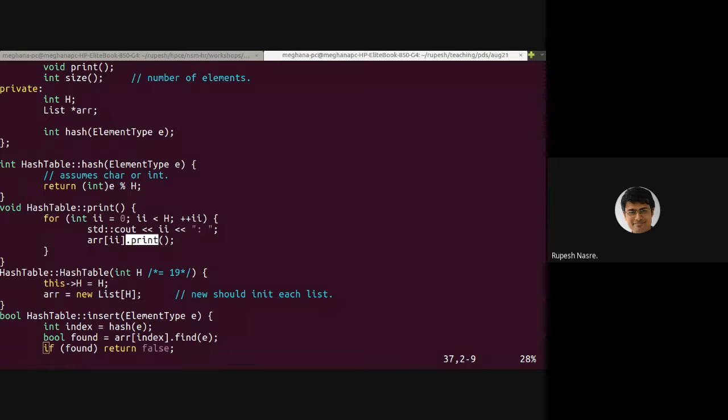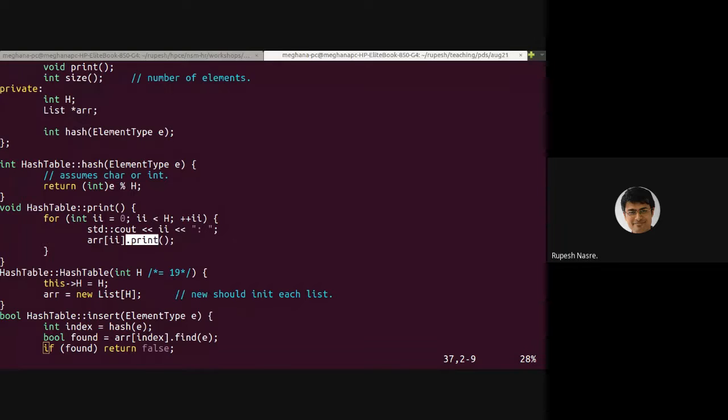And the order of insertion of key 1, key 2, key 3 will change how the hash table looks. So in that sense, there is a little bit of non-determinism if you look at it that way. But still, I would say that this is quite deterministic once you fix the order of the keys. If you don't fix it, then it is going to be non-deterministic.